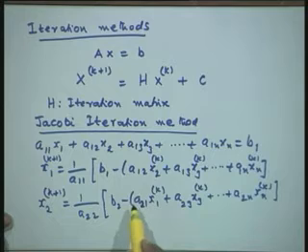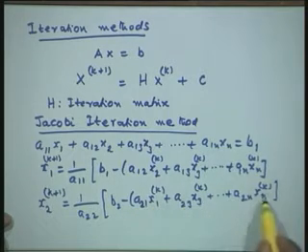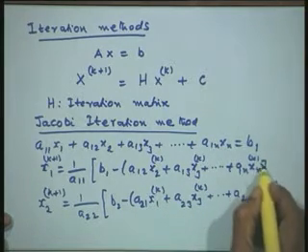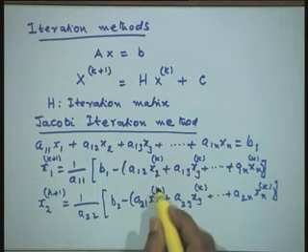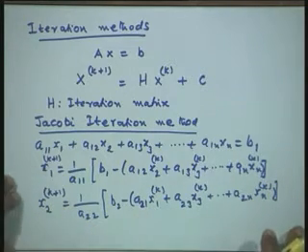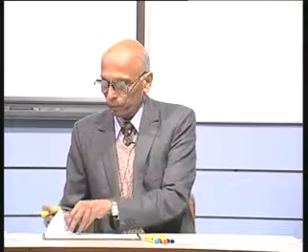So, we are taking a21 x1, a23 x3, ..., a2n xn to the right hand side, and all of them are evaluated at the previous iterate k, and we obtain the present iterate x2^(k+1) from here. So, in general, therefore, we have